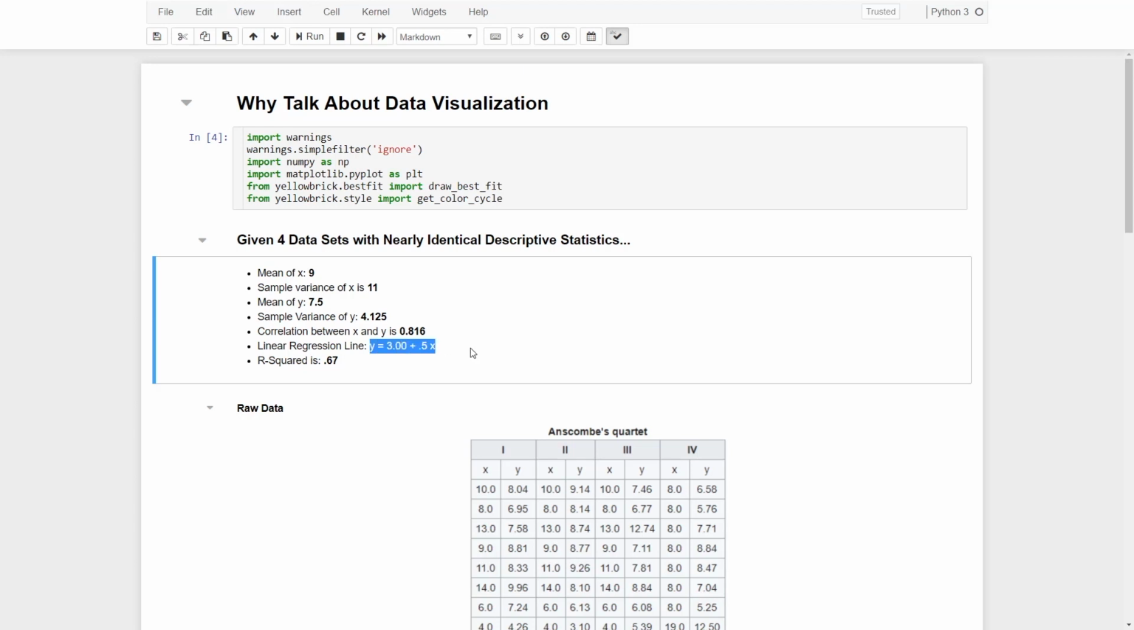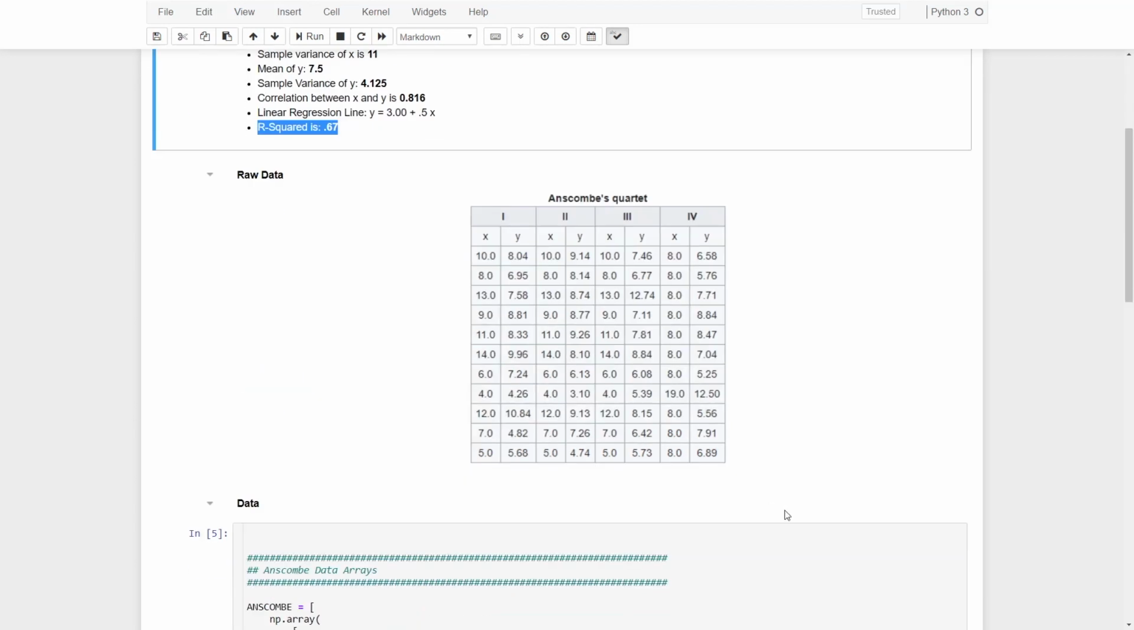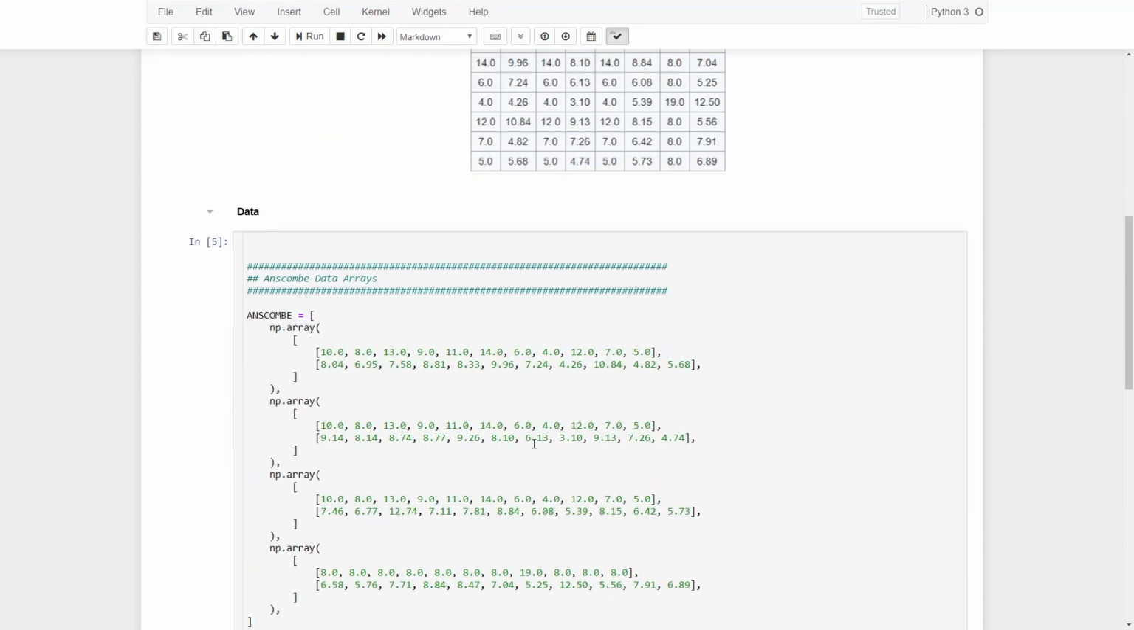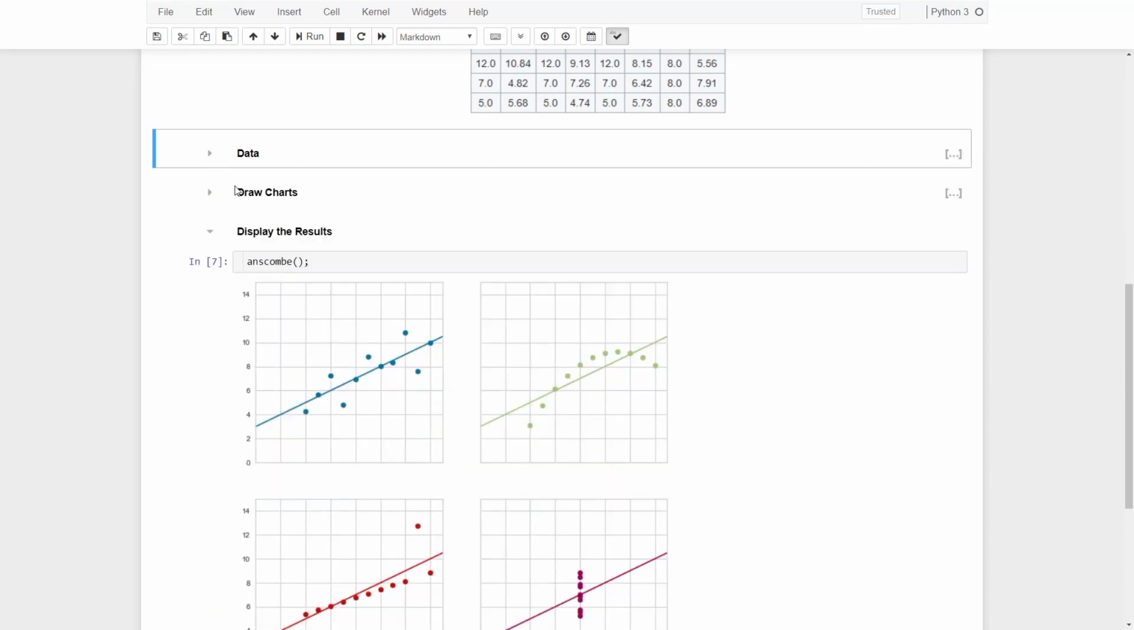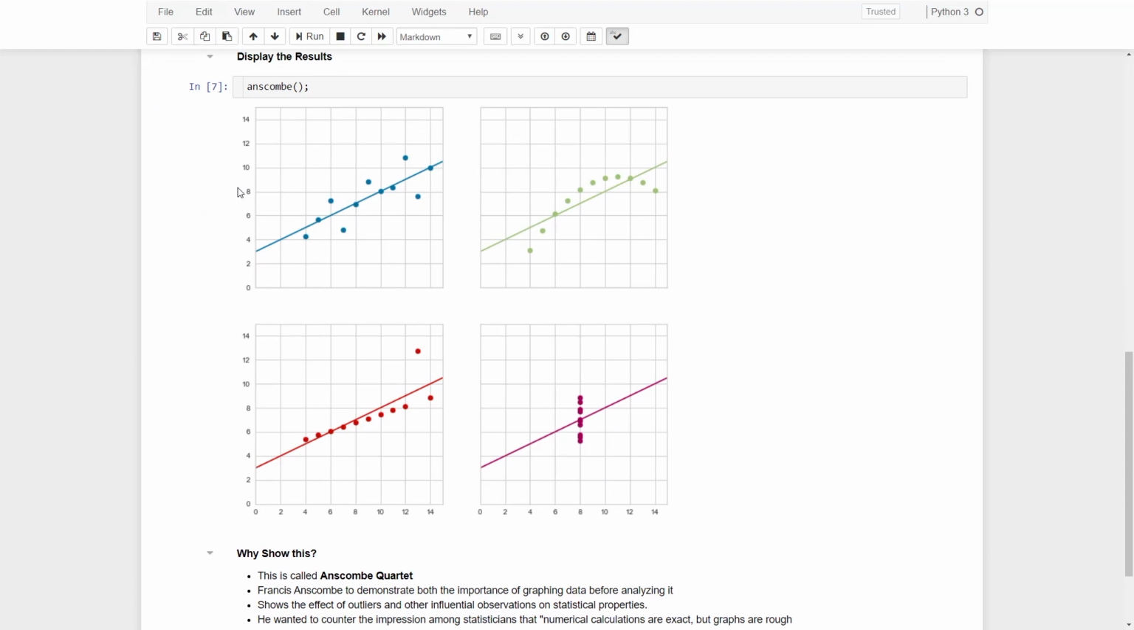And we have the same linear regression line for all the data sets, and r squared is 0.67. And here's the data in the chart. So we're going to go ahead and take this information and put it into NumPy arrays. So when we draw this data that we had before, you notice that the data looks